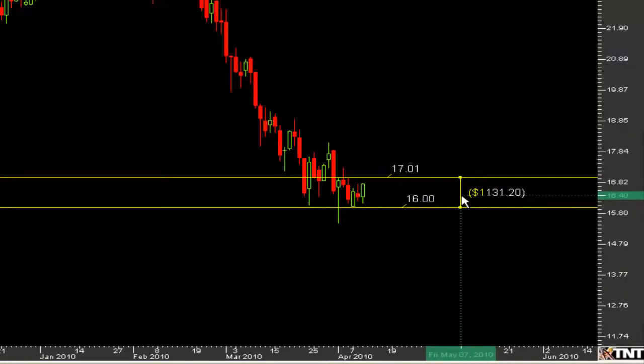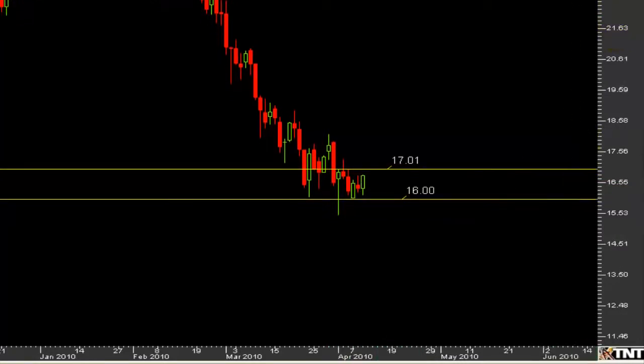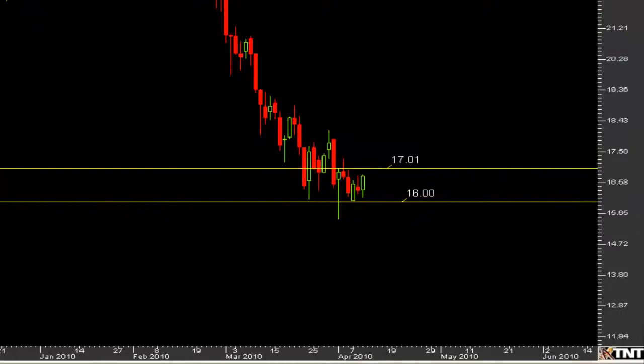The other thing that I look for is the market open. I do not like to see the market open beyond my entry. In fact, I like to see it open at least a few ticks below my entry, and preferably not too far from the previous day's close. And what does that do? Well, once again, it shows us that the market is behaving normally and that it's not going to fade against us. If I make this just a little bit bigger,